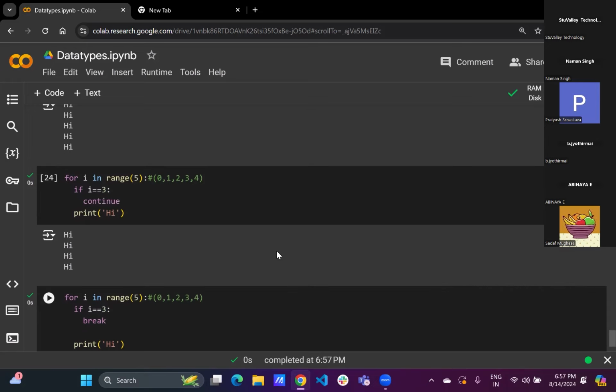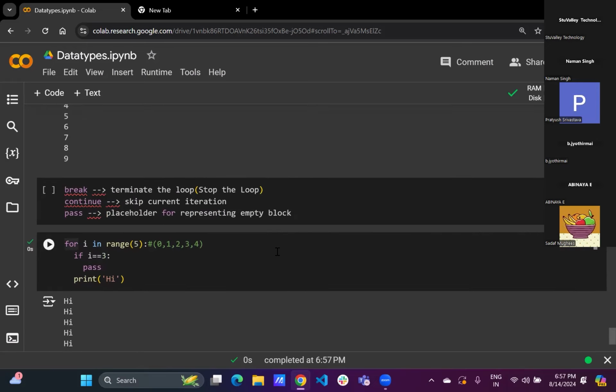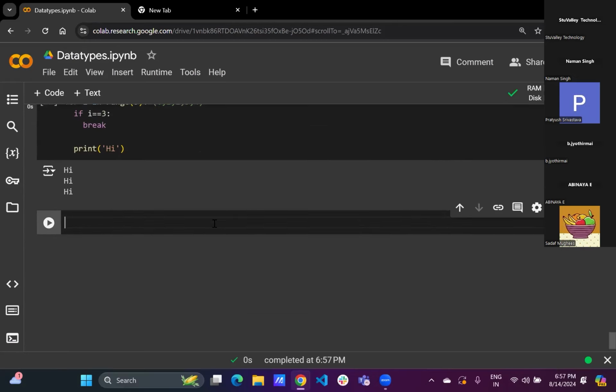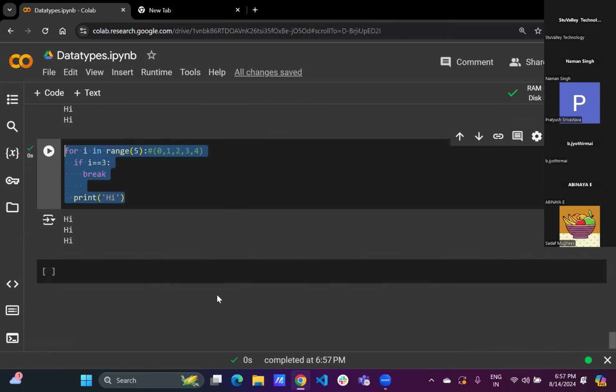ठीक। ये तो हमारा था ब्रेक, कंटिन्यू और पास। ठीक है, इसको वाइल के साथ भी यूज किया जा सकता है। ठीक है, वाइल के साथ भी ये सेम काम करेगा। तो इसी कोड को मैं वाइल के साथ लेके दिखा देता हूँ।